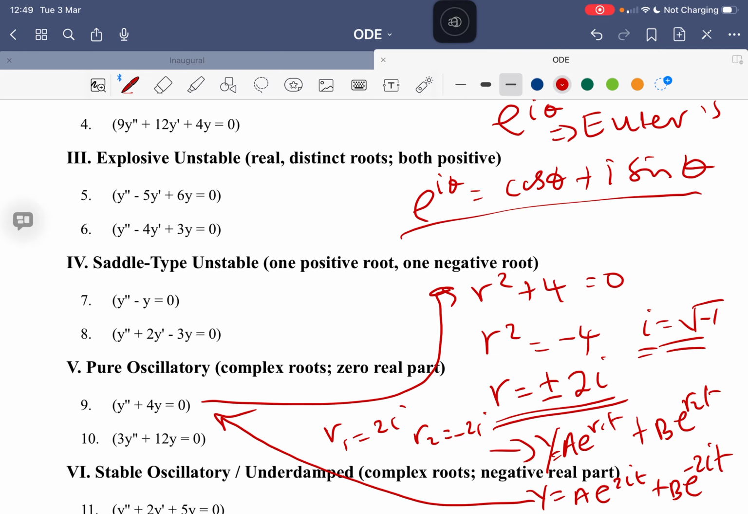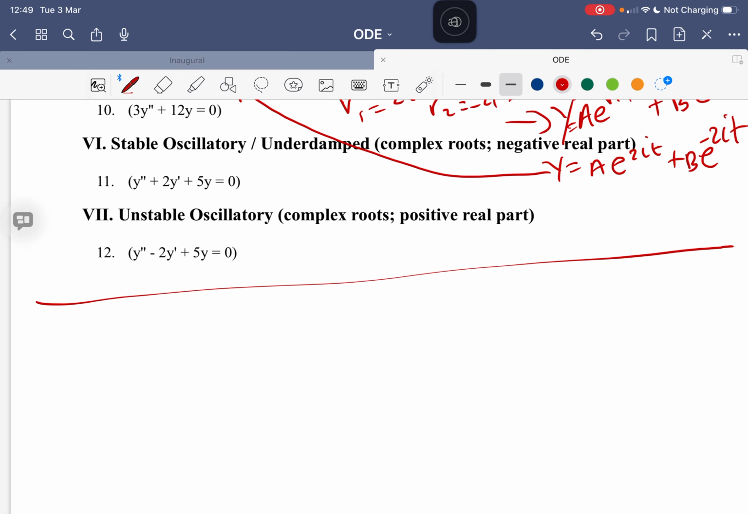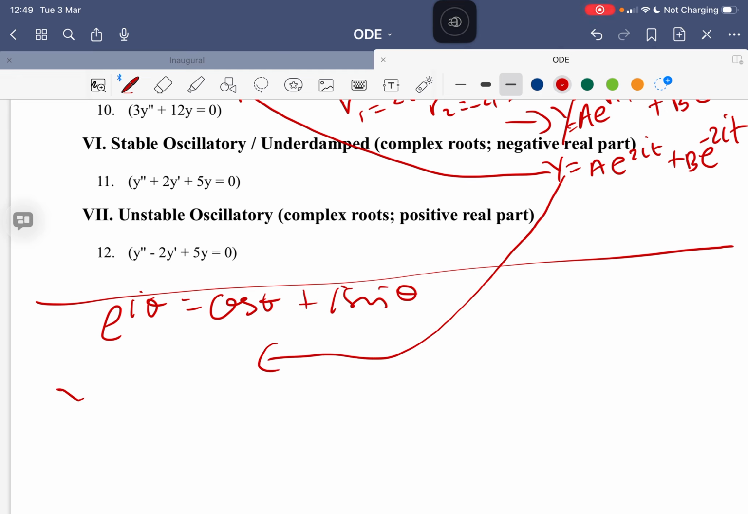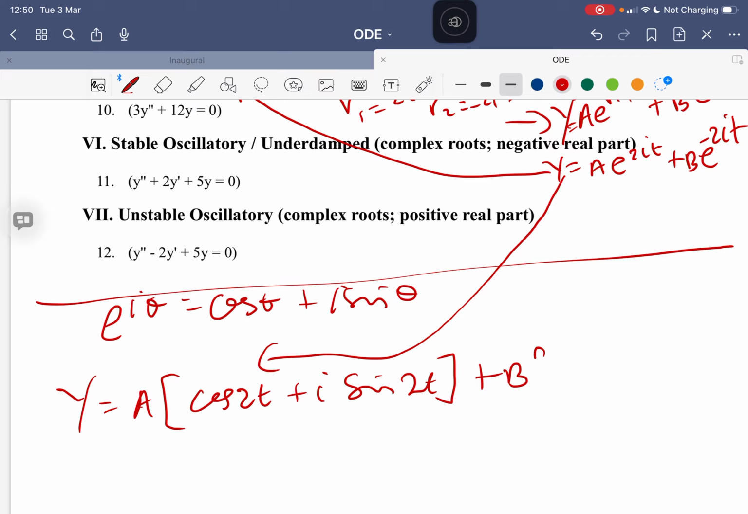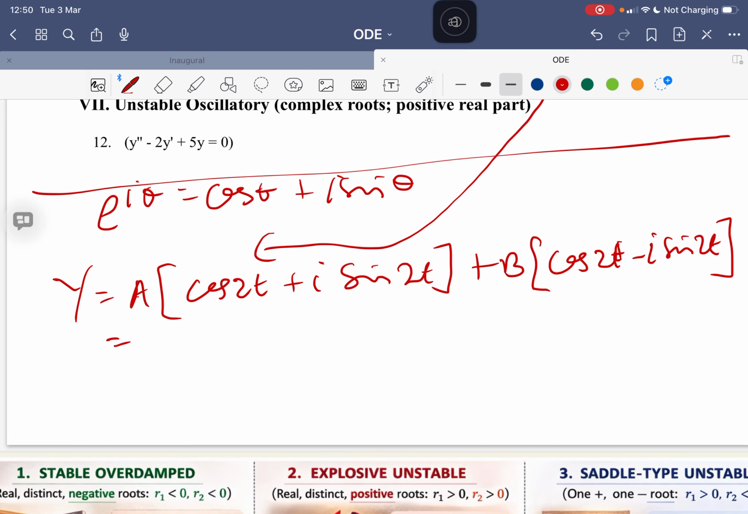Right? So I think it's good we substitute that result. Since e^{iθ} equals cos θ plus i sin θ, my y here becomes y equals a e^{...}(cos 2t plus i sin 2t) plus b (cos 2t minus i sin 2t). Right, so opening the bracket will give me, I have a plus b